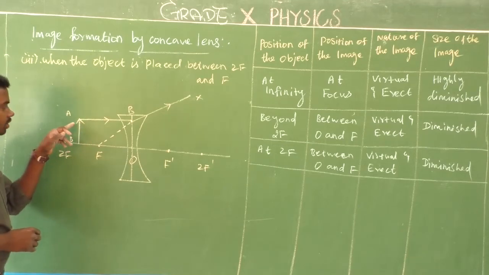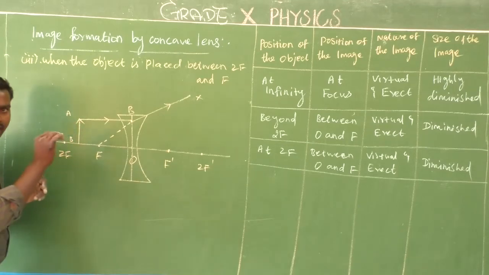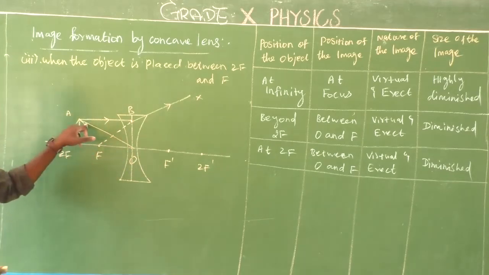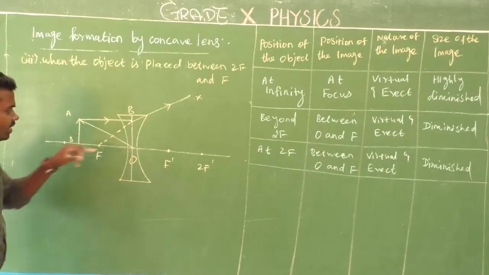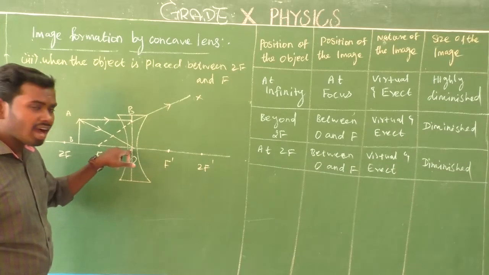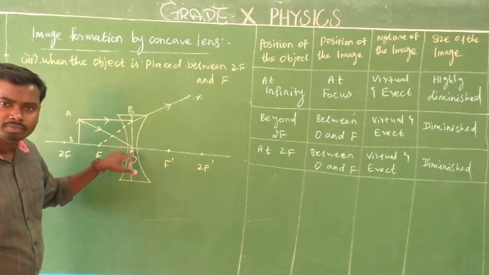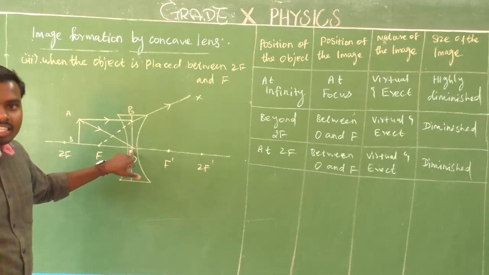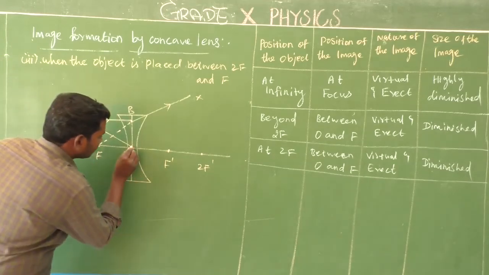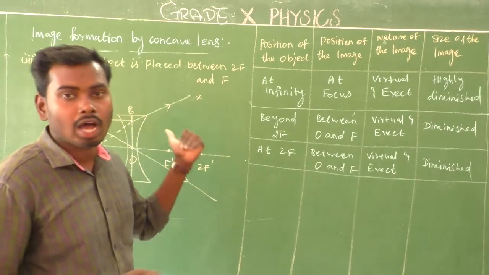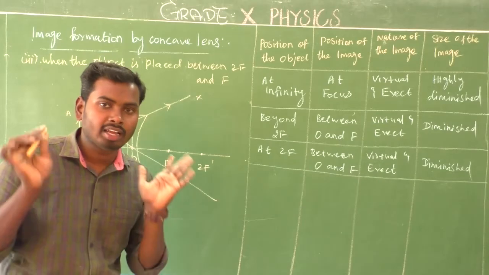Consider the object. Look here. From the top of the object, a ray of light is coming. That incident ray is the ray of light which passes through the optical center O. Where? Optical center O. So what will happen next? Whenever light goes through the optical center O, there will not be any refraction, which means light will go in a straight line like this. There will not be any refraction. That is a special property of this optical center O. Is it clear? Yes.